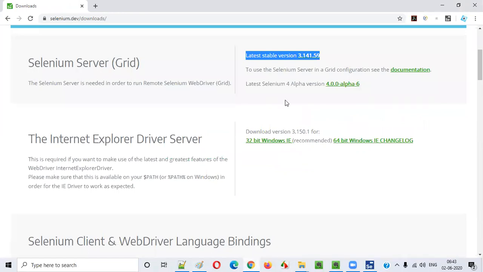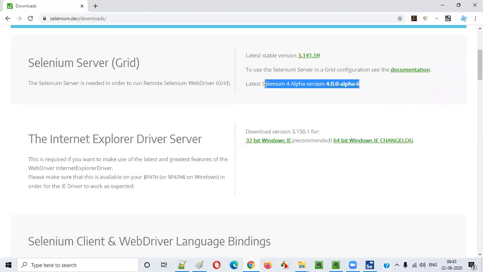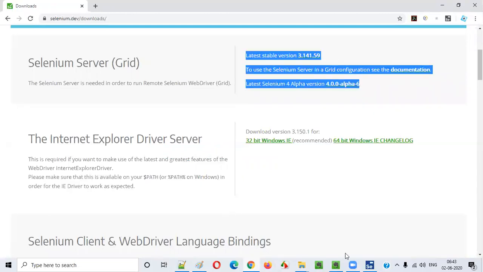Fine. So a few people are getting confused, people who are already using Selenium 3. They are thinking that Selenium 4 features are still in Selenium 3, because that is intentionally happening, guys. The Selenium team is adding the latest features of Selenium 4 into Selenium 3 itself, once they get stable. That's the reason they are getting confused. You don't have to be confused, guys.